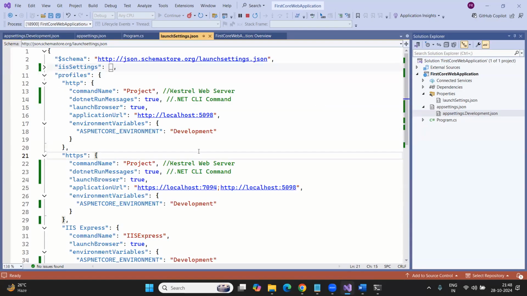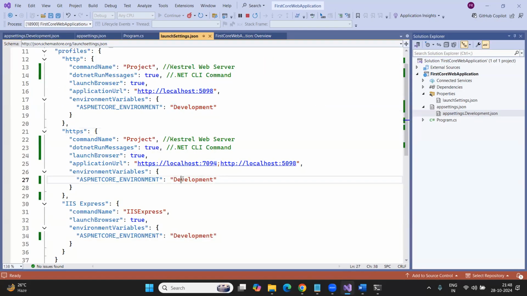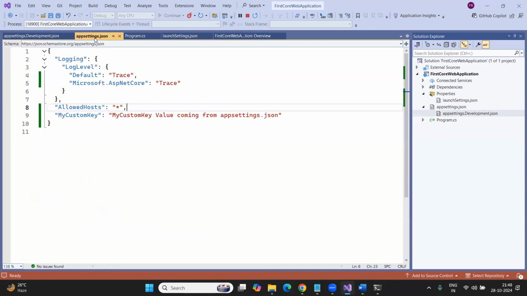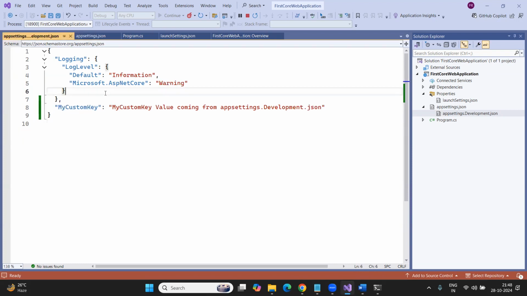And one more thing I need to make sure of: yes, the environment is development, so that this file is going to be loaded, right? In this case, you can see the same settings, I mean the same key. My custom key is present in the AppSettings.json file. My custom key is also present in